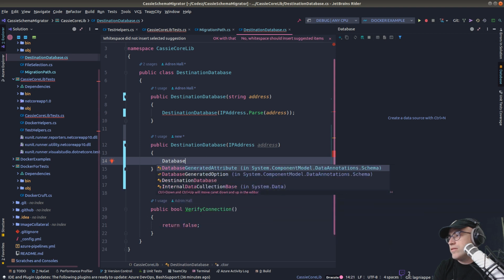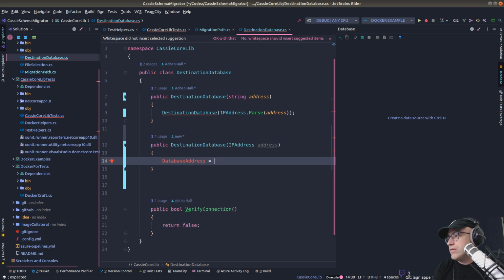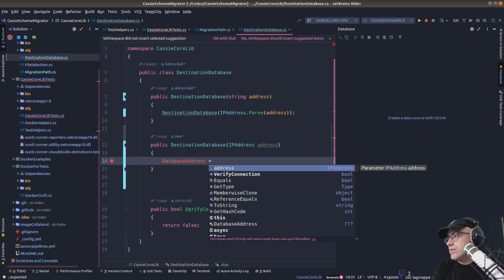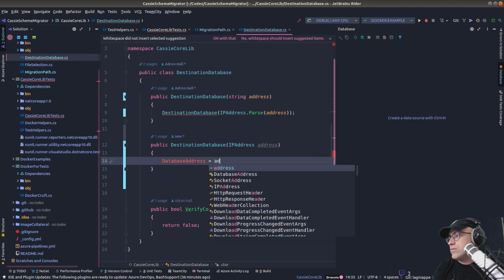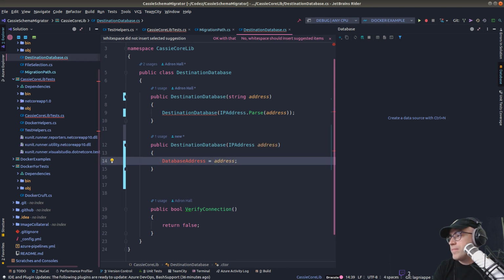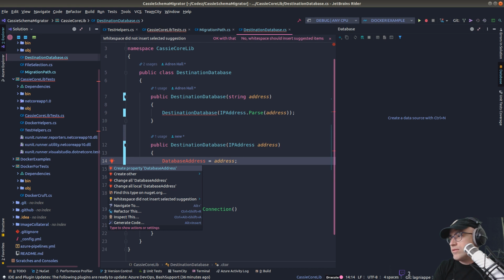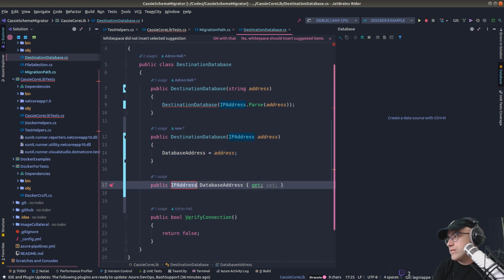Let's say database address equals address. Whoa, address. There we go. And then this, I want to create a property. Yes. Yay! There we go. All right. So now that we have the address,